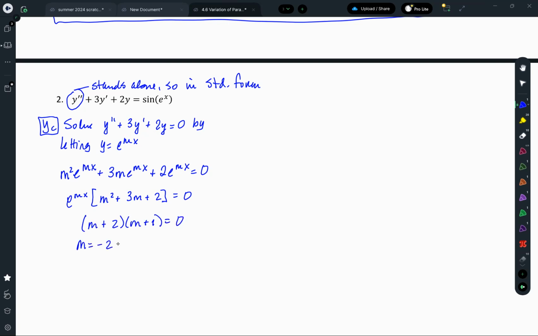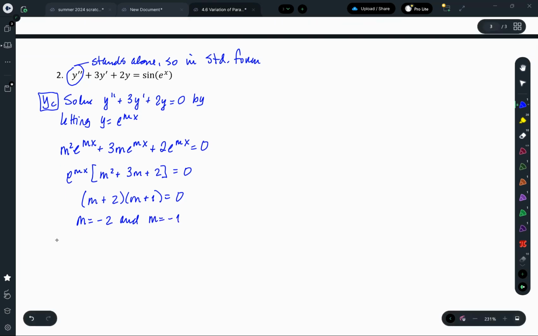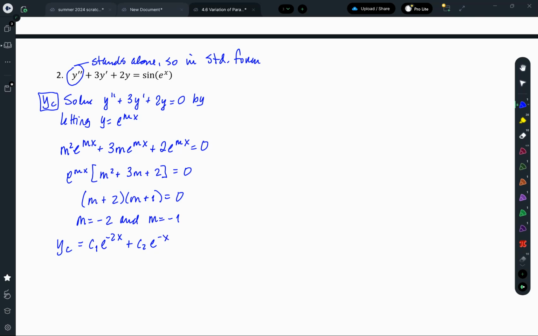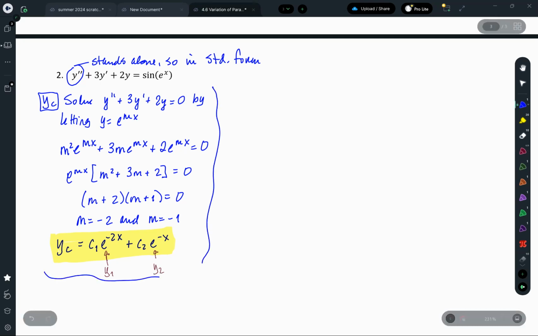Therefore, m is minus 2 and m is minus 1. So then our complementary solution is c1 e to the minus 2x plus c2 e to the minus x. And I'll highlight that so I don't forget about it. I am declaring that e to the minus 2x is y1 and e to the minus x is y2. All right. And I'll box this off so that it's kept safe from all the other work we're going to